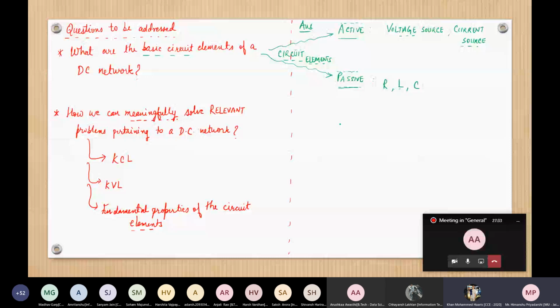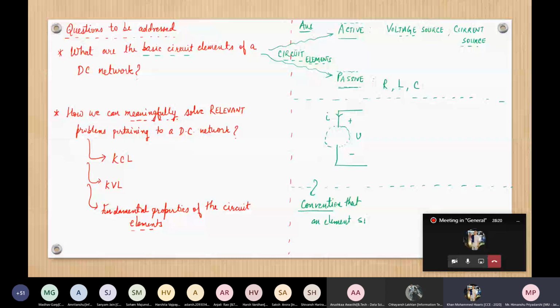If you have an element, let us say an arbitrary circuit element, and you know the V and you know I, and you are taking a convention that if I choose the convention that an element sinking power